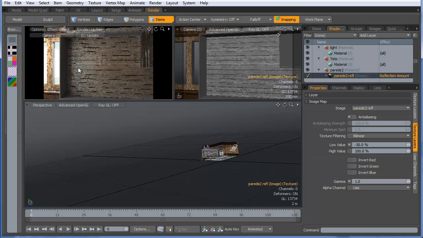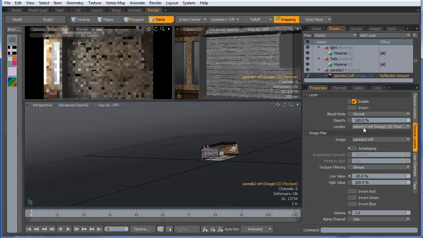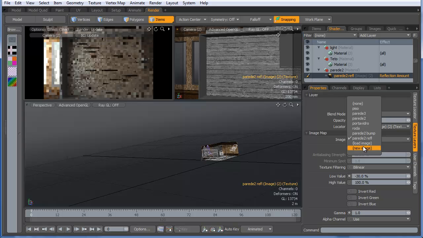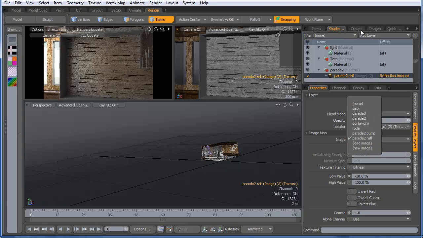And let me see here. Then I'm going to duplicate this image here and go to my image, and I can use, actually,